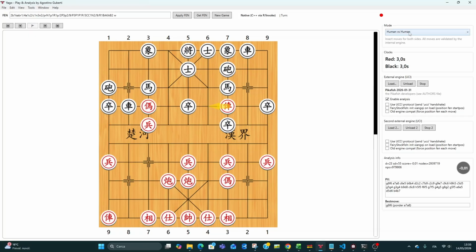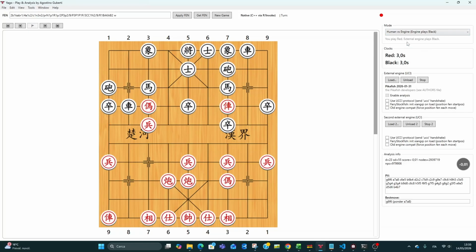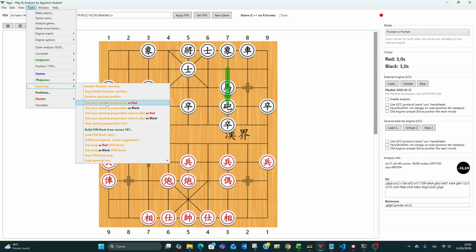Or you can also play against Pikafish if you want. For example, I play this, and after 3 seconds Pikafish will play, and I lost a piece. You can test your openings preparation as red or as black, from a random opening book, or you can test your opening preparation according to a file you prepare, the JSON file you prepare. And also you can stop